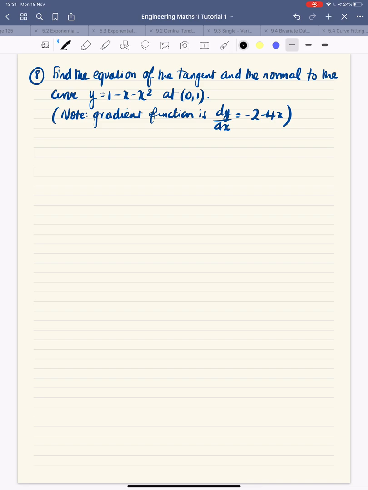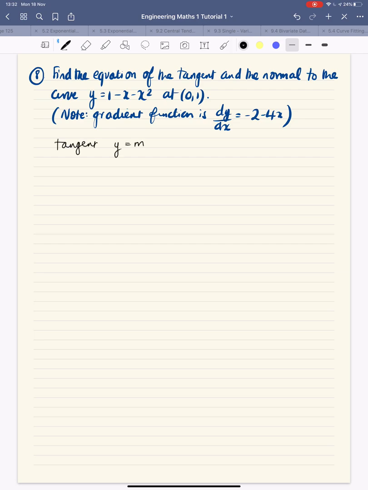8. Okay, find the equation of the tangent and the normal to the curve at the point (0, 1). And that's the curve there. This is how we work out the gradient, by substituting the x coordinate into here. And we'll do a lot more of this in the second trimester. So tangent